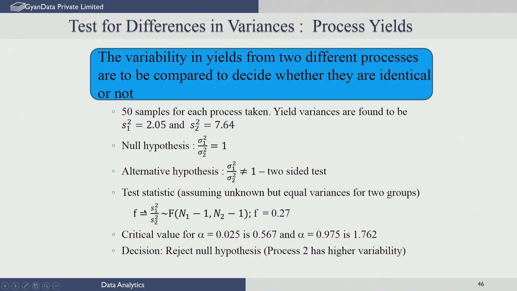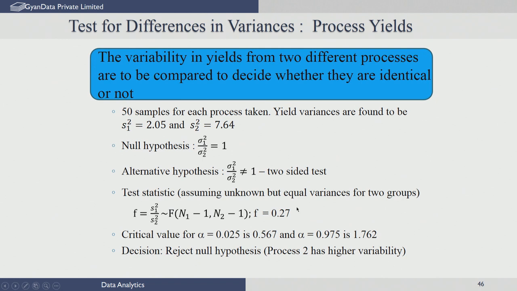Again, we can use the ratio of the sample variances as a test statistic, and this ratio turns out to follow an F distribution with degrees of freedom n1 minus 1 and n2 minus 1, where n1 and n2 represent the number of samples we have taken for each of the processes. In this case, we have taken an equal number of samples. Even if you have taken unequal samples, we can appropriately choose the degrees of freedom for the F distribution and compare. So, in this case, if you plug in the values for S1 squared, S2 squared, we have got